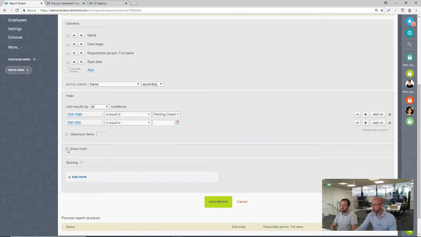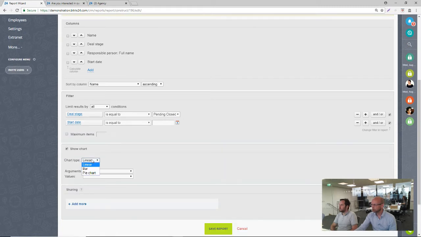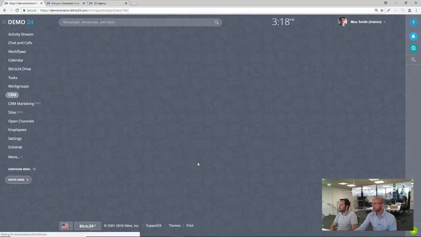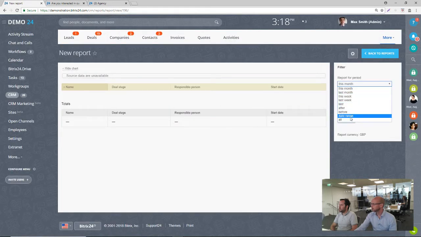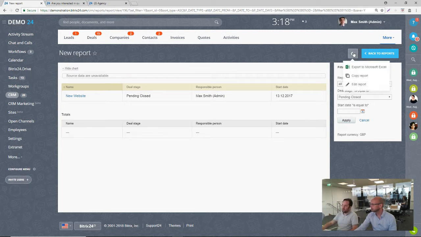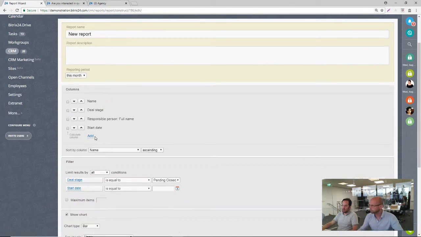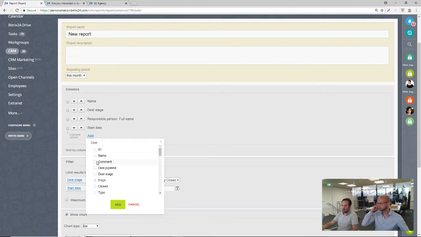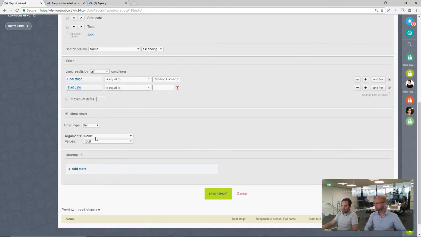Then if we go to show chart down here, let's put in a bar chart and save again. And let's expand that again out to all. Okay, unfortunately it's not able to show a bar chart because we've not got enough parameters, I think, to show. I think we would need to go into edit. I think you would need to pull in the actual value field. So if we set total and then you specify